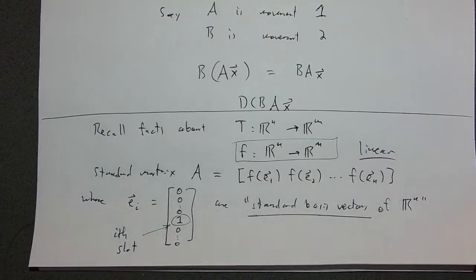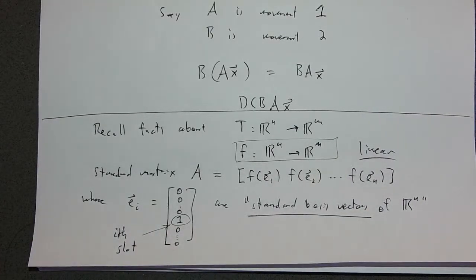Note that this is just i, j, and k if n is equal to 3. So these are your standard basis vectors. All you have to do to figure out what this matrix is, is see what it does to the standard basis vectors. Okay. So then how do we